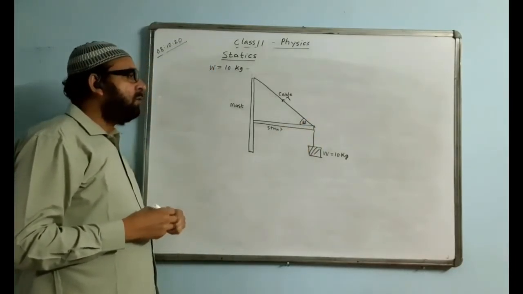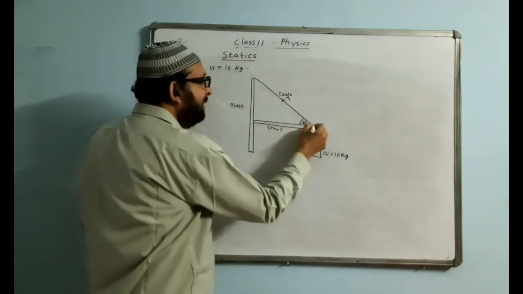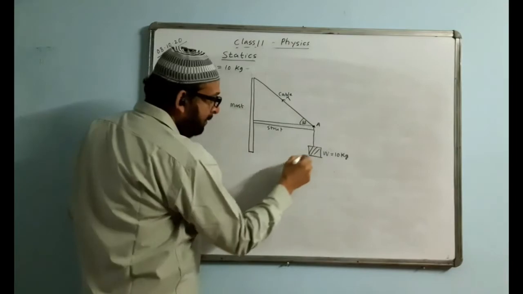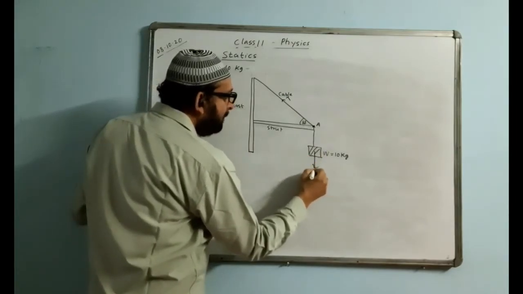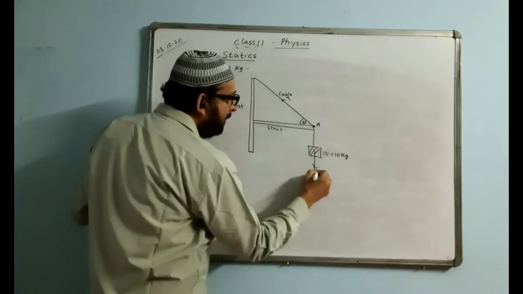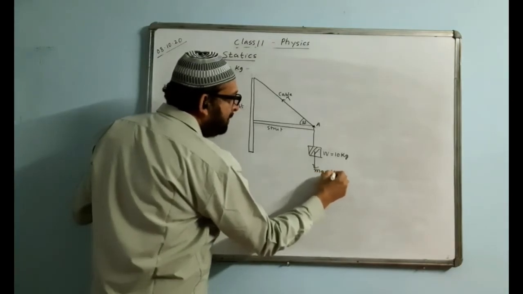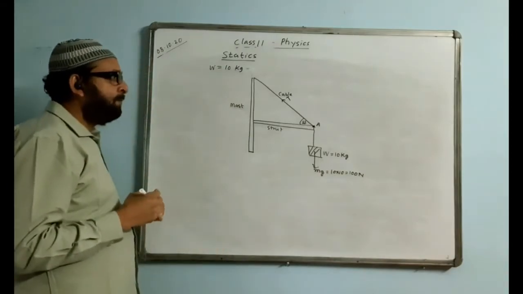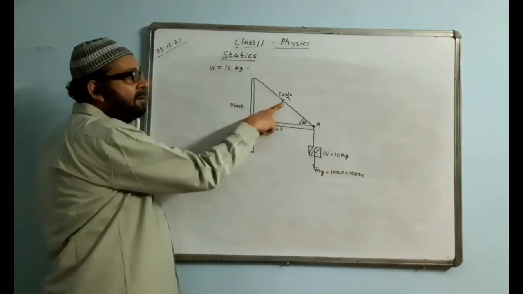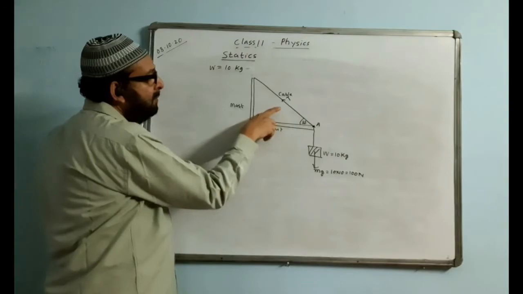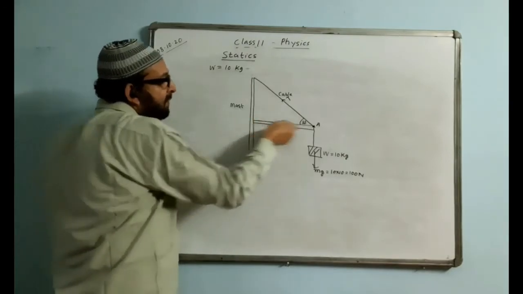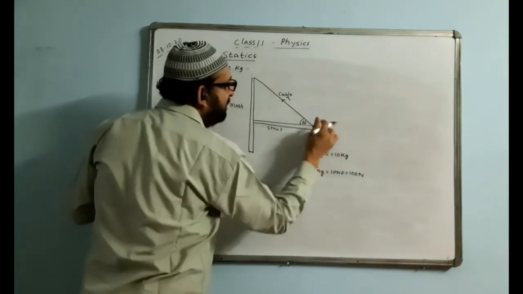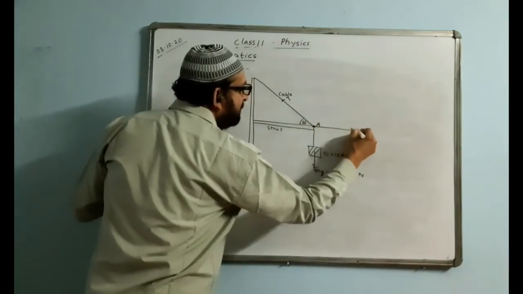First we will show the forces acting on it. Acting at this point, we will suppose this point is A. The weight of this mass is acting downward here, that is mg, 10 into 10, 100 N, acting downward. This force is acting here. And the strut will give a reaction like this. This will be pushing the mass here, and the mass will give a reaction this way. Reaction.